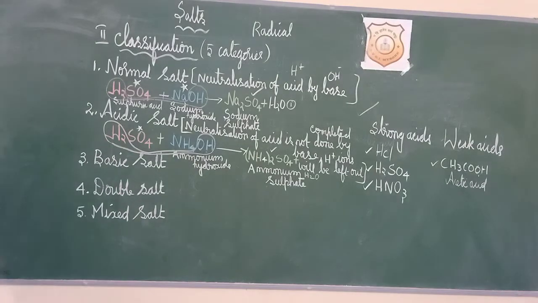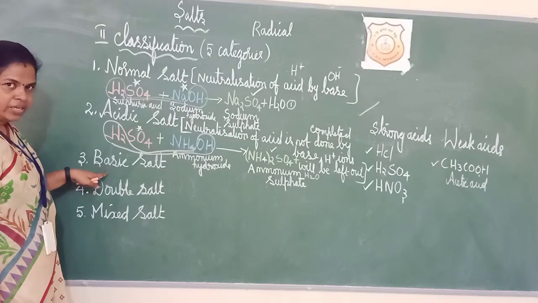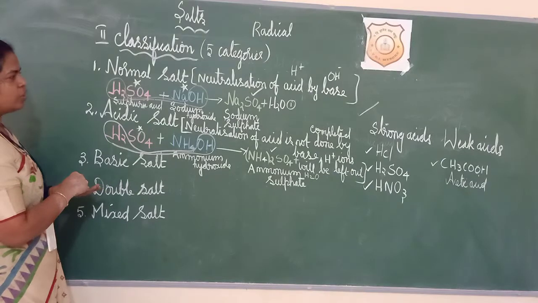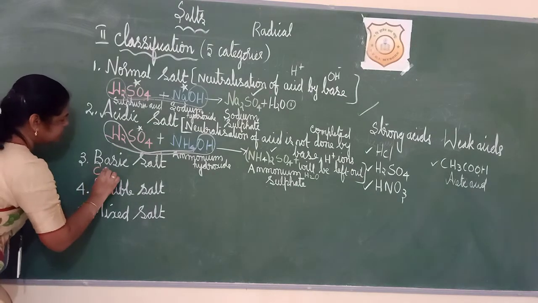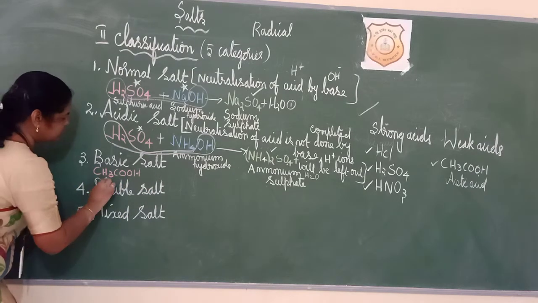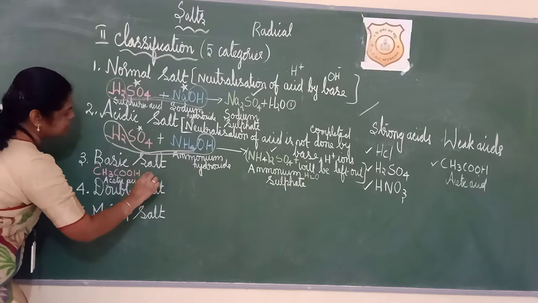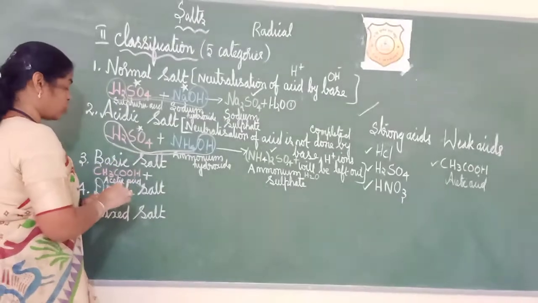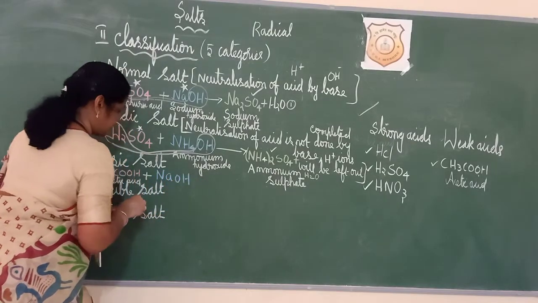Okay, keeping that in mind, now this you can tell on your own. Basic salt means acid should be weak and the base should be strong. Okay, shall we try? I told you that we will take one weak acid as an example. CH3COOH. Who is that? This is acetic acid. Okay? Acetic acid. Plus, what should we take? This base should be strong. So, as the base we will take NaOH. Okay?